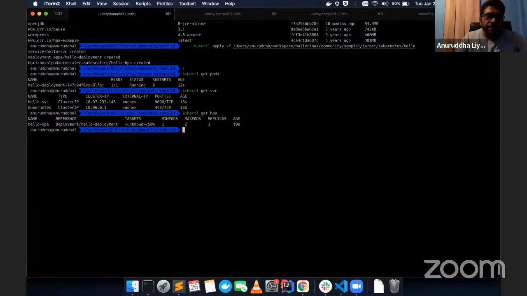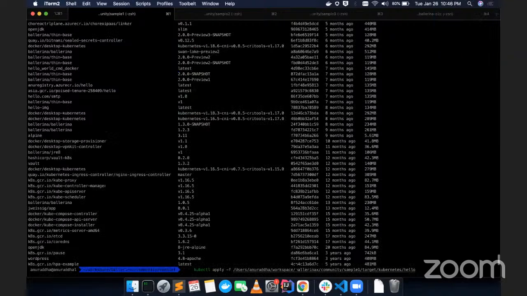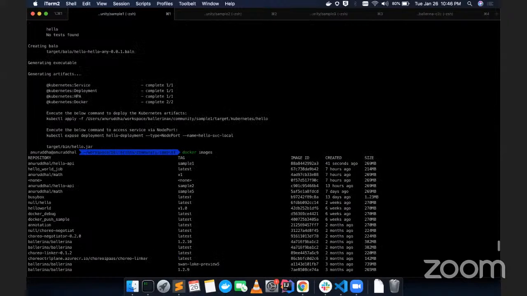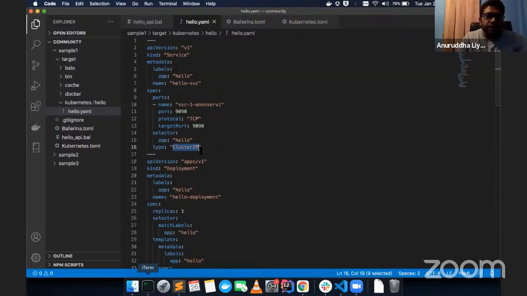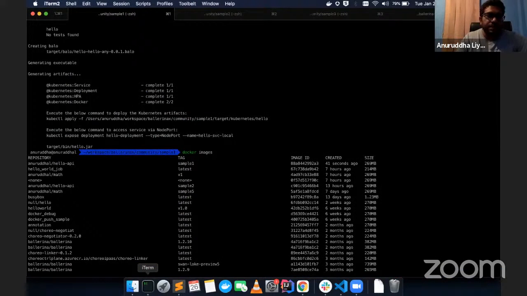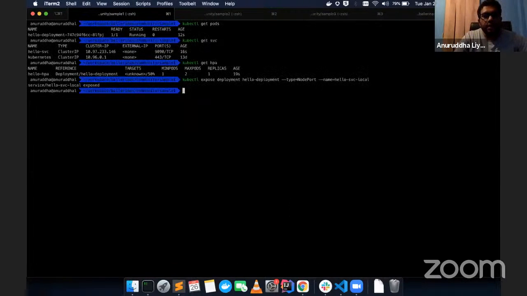In order to access this one, if you look at the service, this is exposed as a cluster IP. So we need to expose this as a node port to access this service. We can run this command to expose this as a node port. Once it is created, a node port service will be created.